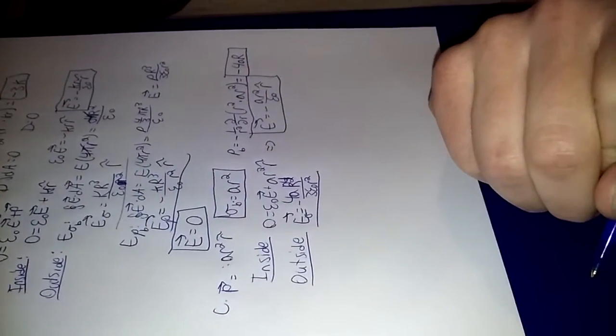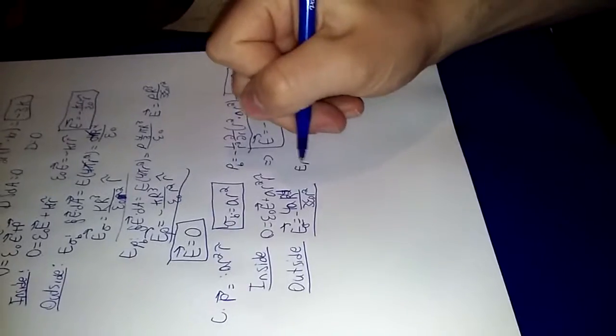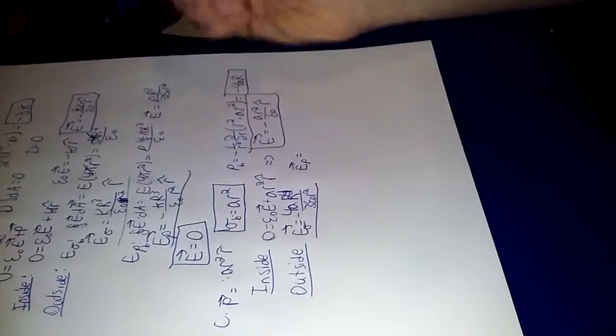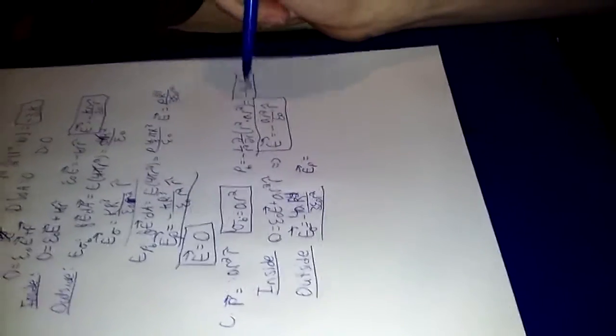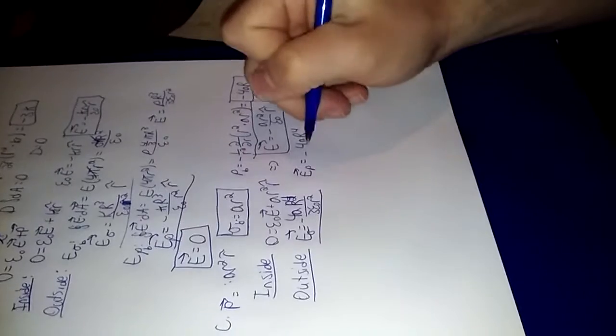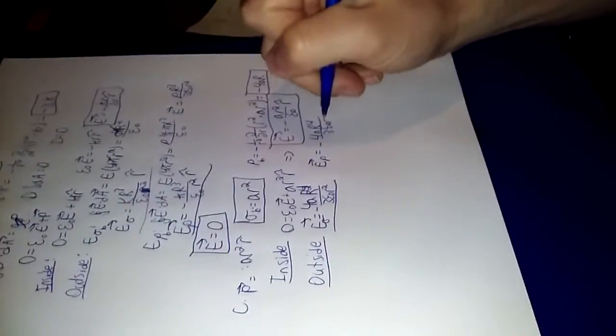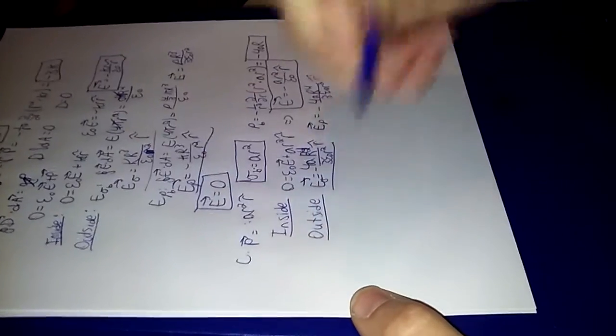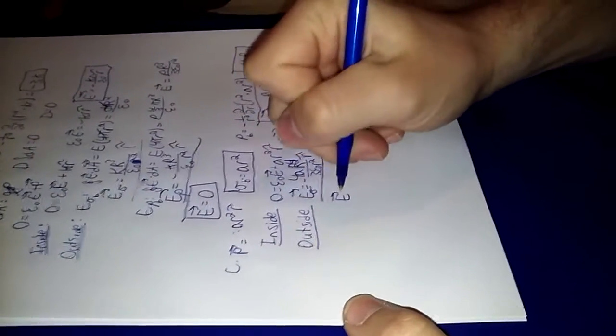And then for rho, once again going through the same logic, just now putting in a different rho value, this one right here, we get negative 4a R to the fourth over 3 epsilon naught r squared in the r hat direction. And then E is the sum of those two, so summing these together